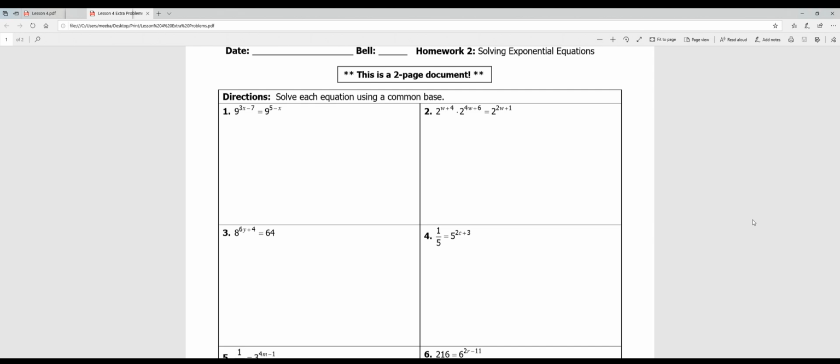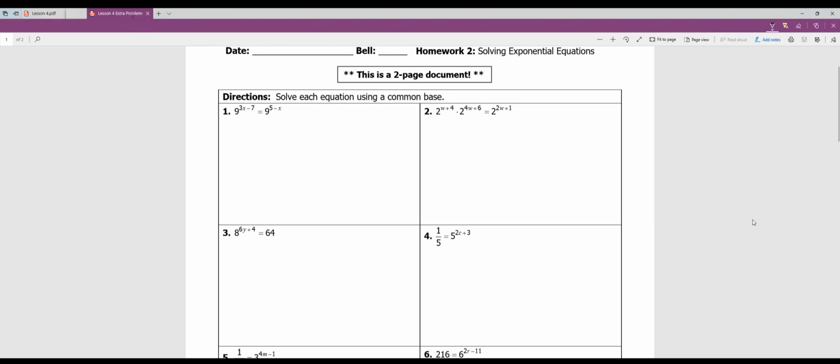Okay, here are some extra problems on solving exponential equations. So remember, I need to simplify, get a like base, and set the exponents equal to each other. Starting with number 1, I don't need to simplify and I already have a like base of 9. So I get to skip straight ahead to step 3, which is setting my exponents equal to each other. So 3x minus 7 is equal to 5 minus x. Get all your constants and your variables on one side, and so 4x is equal to 12,